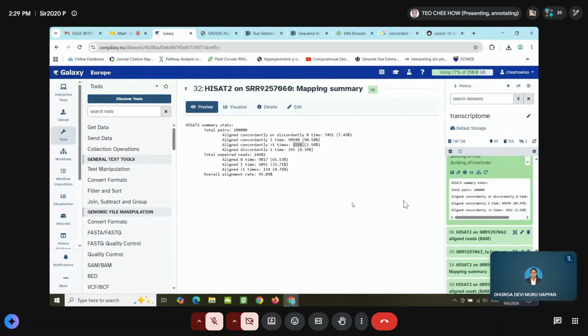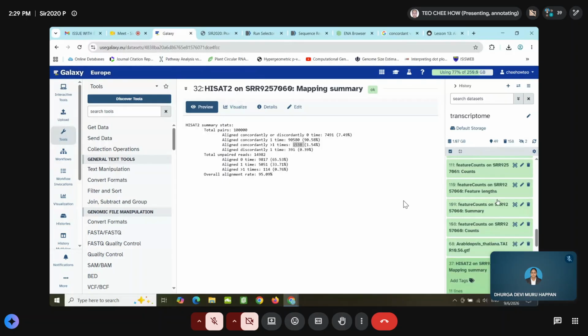You want to know, for each gene, how many reads aligned to the gene. So we use a tool called featureCounts.